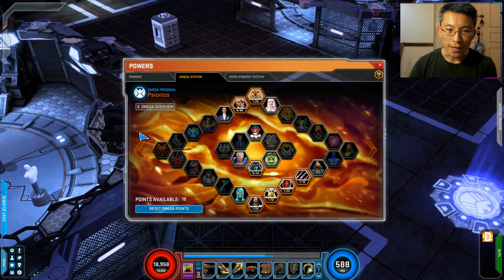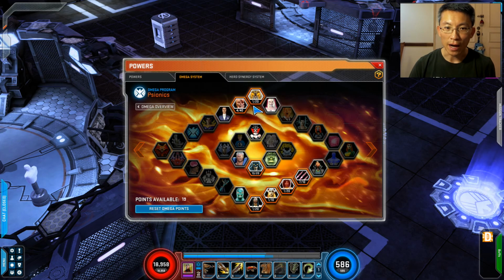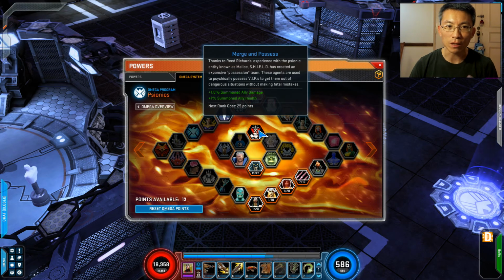Okay, so the Omega system is pretty standard. If you have been following my video, you know why the points are so odd, because I have this methodology of assignment. But this one is a no-brainer because it gives me the summon ally damage as well as the crit and brutal. It's good stuff. I have a bit of brutal damage rating from this melt phase. I choose not to go deep into here because I want my hero to deal most of the damage,